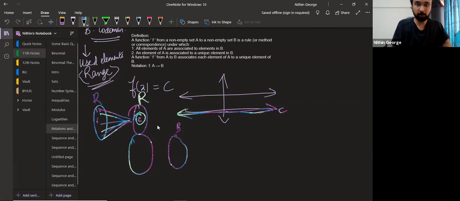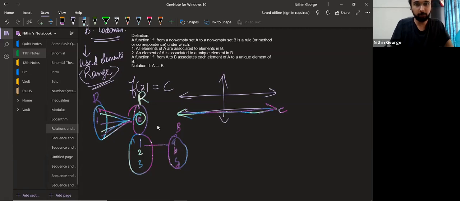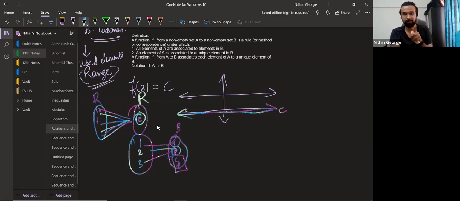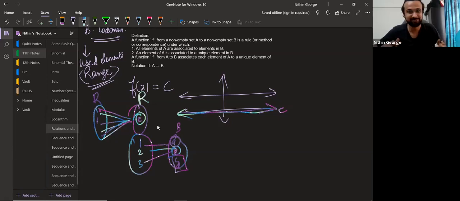But there's also another case. Suppose there's A, B, C, D, and then 1, 2, 3, and you used only this much. So this has 2 preimages. This has 1 preimage. These don't have any preimages. So everything in the range should have at least 1 preimage. Think like that, not everything in the codomain. Got it? Yes, sir. These need not have a preimage also. So if things don't have a preimage, it doesn't mean it's not a function. Right, that's the idea.